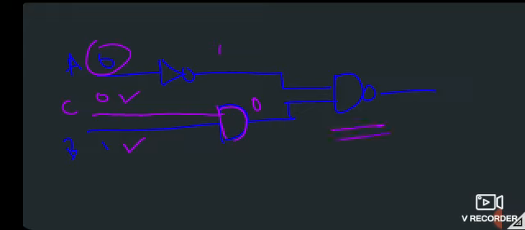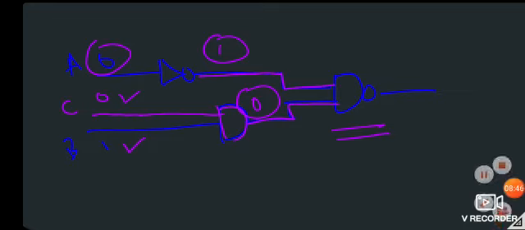Then, in the case of the NAND gate, there are two inputs, 1 and 0. This is NOT AND gate. In the truth table, for the NAND gate, 1 and 0 are the inputs, so the output is 1. Okay.